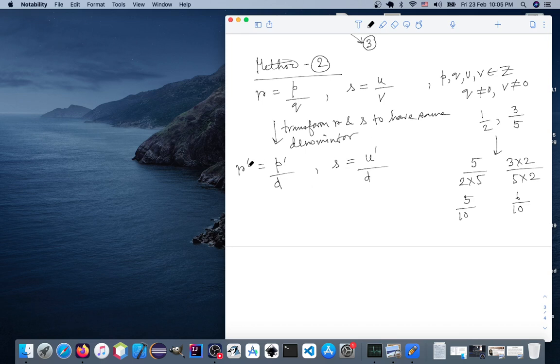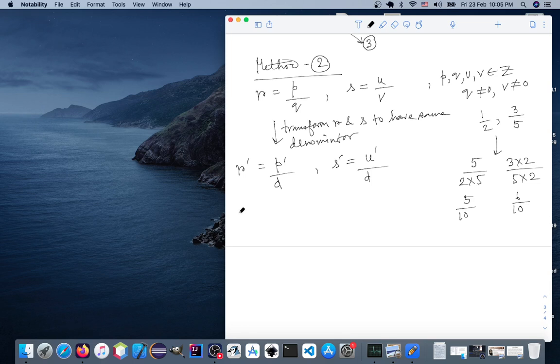So r dash is equivalent to r, s dash is equivalent to s, and now they have the same denominator. Now from r dash and s dash we will get